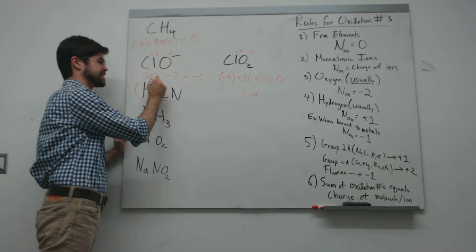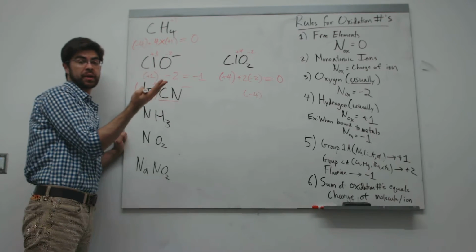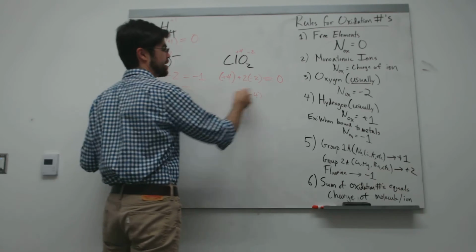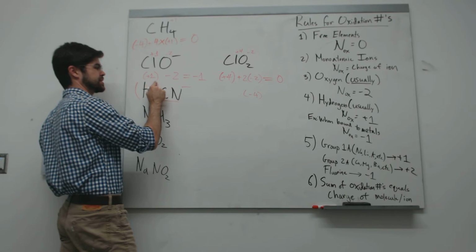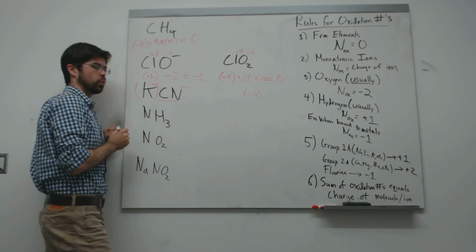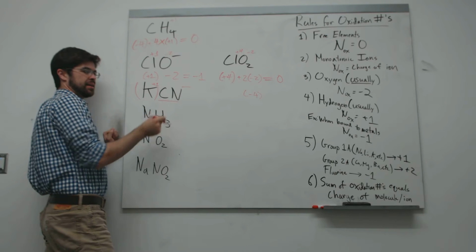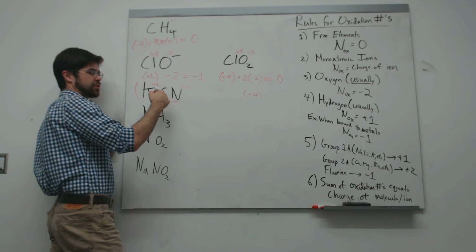The potassium, because it has a +1 charge, is really a monatomic ion, so it should have an oxidation state that's the same as its charge. So its oxidation state is +1. And then the cyanide here, it's a polyatomic ion, and neither